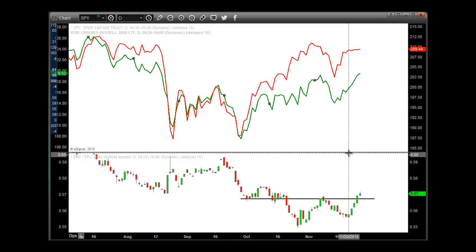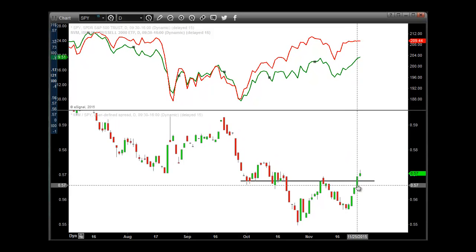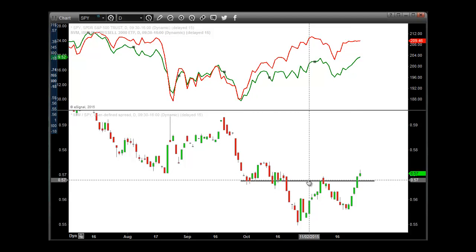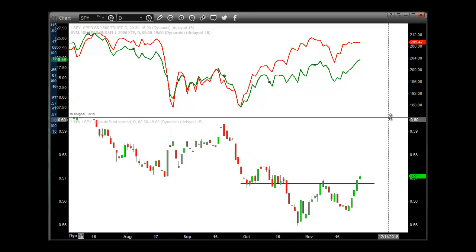And if you do a ratio chart of those two, i.e. just dividing the Russell 2000 versus the S&P 500, you can see that relative strength starting to work, and it's also giving us a little bit of a technical breakout here. So two things to keep in mind here heading into the first half of December. One, from a seasonal perspective, we tend to see a bit of weakness in equities in general into the middle part of December before we see a year-end rally. And second, we do have the seasonal relative strength of small caps versus large caps,